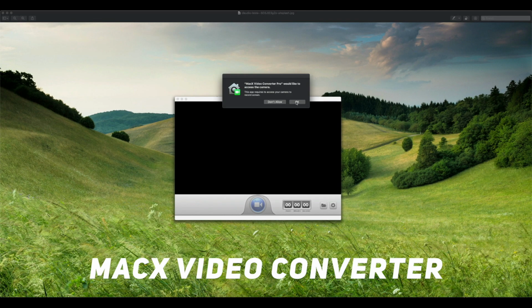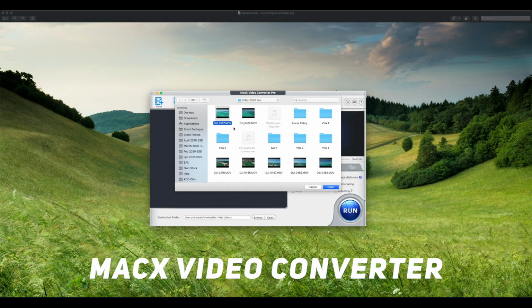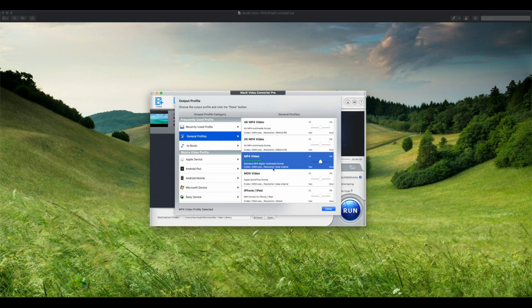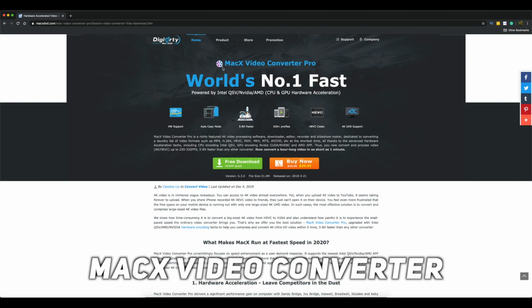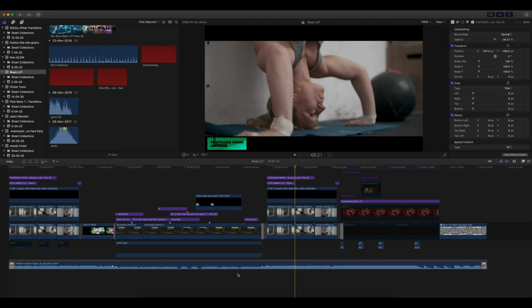So because of that, in this video I'm going to show this video converter which can easily convert any kind of high-res footage into a simple MOV or MP4 format, and this is called the MacEdge Video Converter Pro. They have a Windows version as well, and they also have a free version of this software which you can absolutely use because it has a 5-minute limit. But if you like this product, you can buy it because it costs only $30. So with that being said, let's get started.